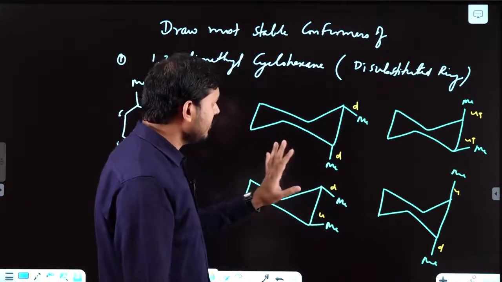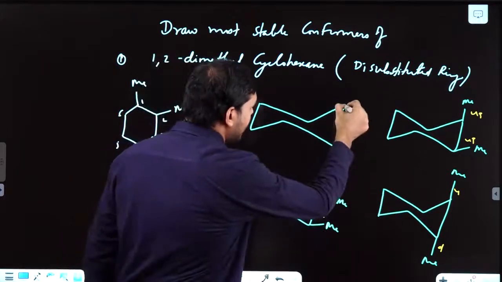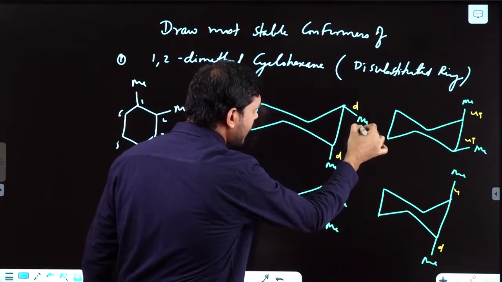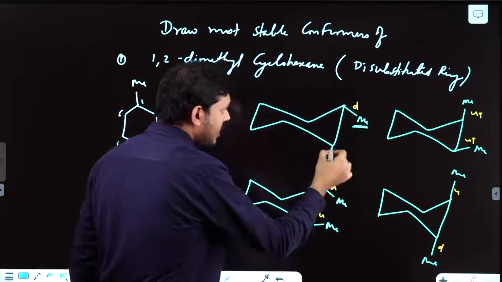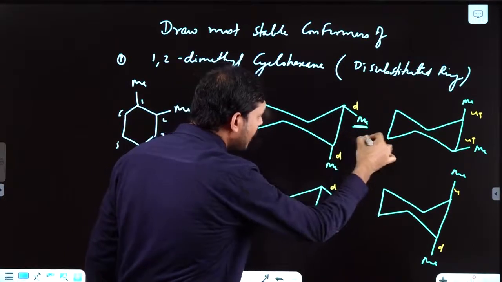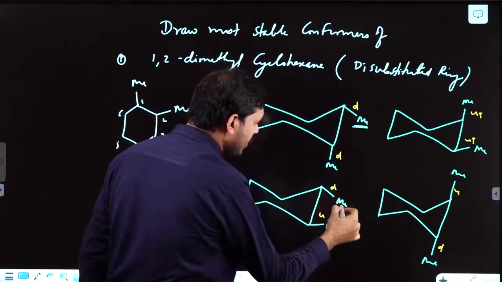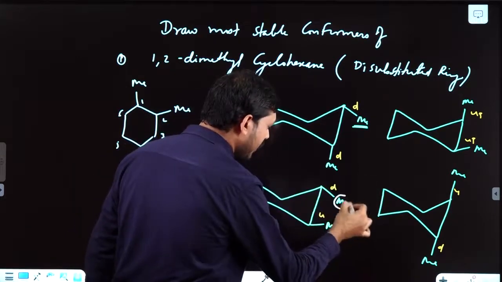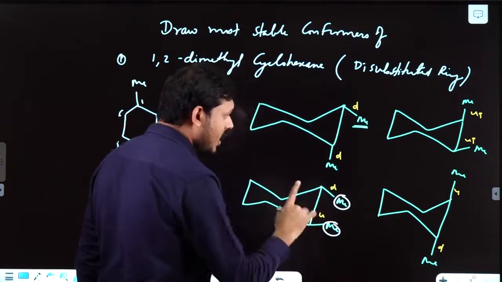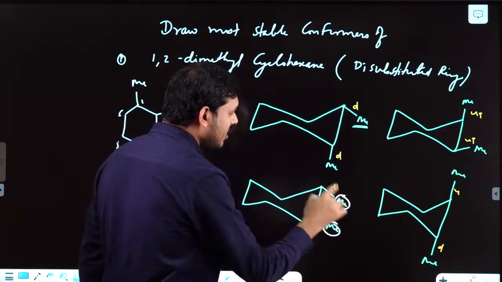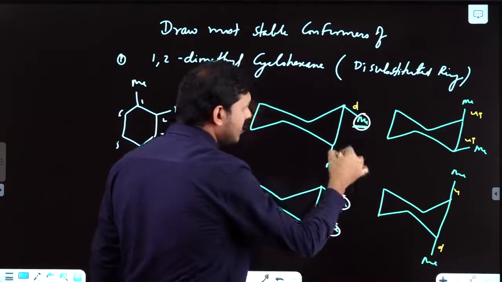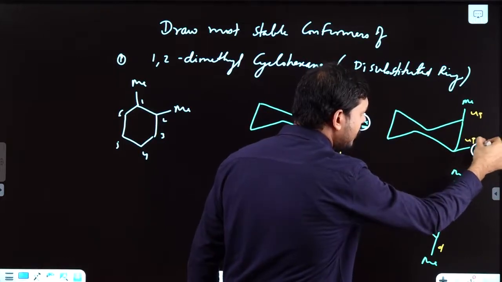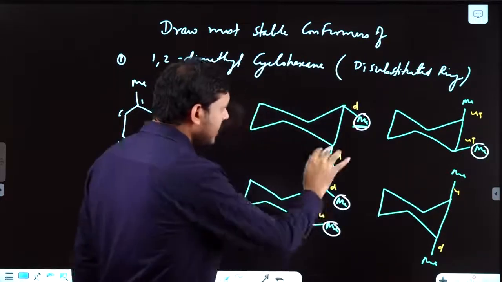Here one thing is, as you know, this is your first carbon and this is down. So down means equatorial, right? Down, up. If it would have been up, then it would have been again equatorial. So here you can observe this is your equatorial, down, up, equatorial. Again, I am just marking all the equatorial in white circles. This is your equatorial, down. This is your equatorial. If you say here down, then this will be up. So this is your equatorial. Now these are in equatorial.